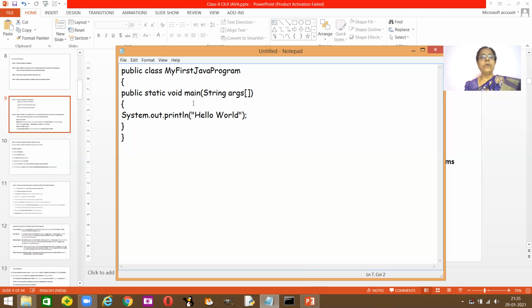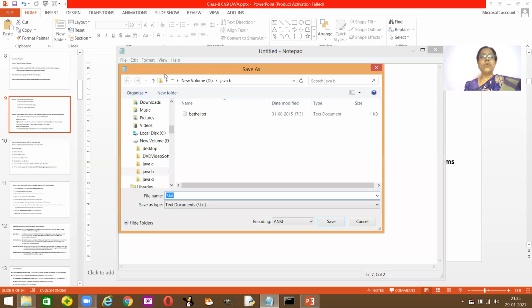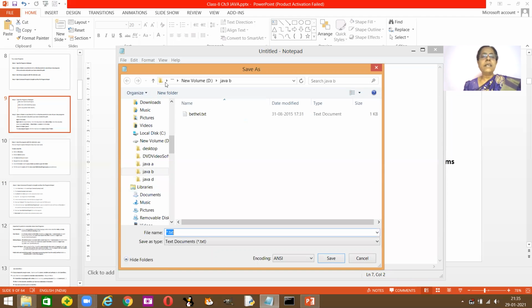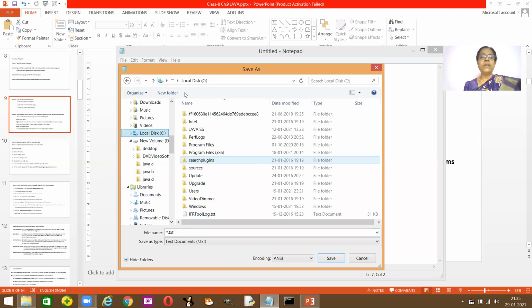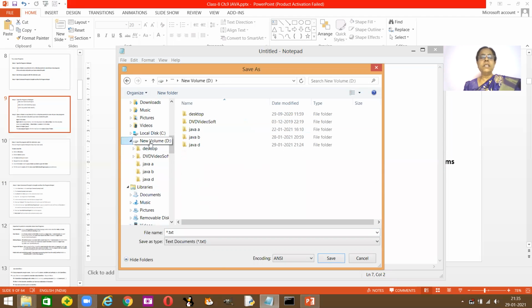This is the program that I've created. Okay. Now file. To save the program, click on file, click on save as. The save as dialog box opens. Can you see your save as dialog box? Right? And actually I'm directly in the D drive. So think I'm in C drive. So what do I do? I'll navigate here, click on the D drive, and then click on Java D because I'm going to save my files there.